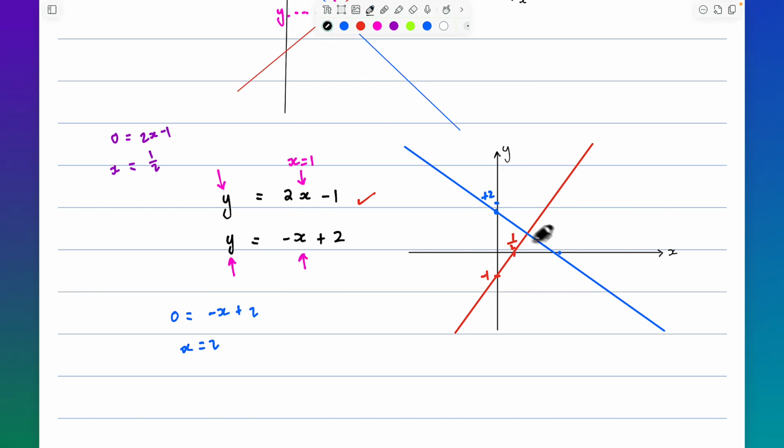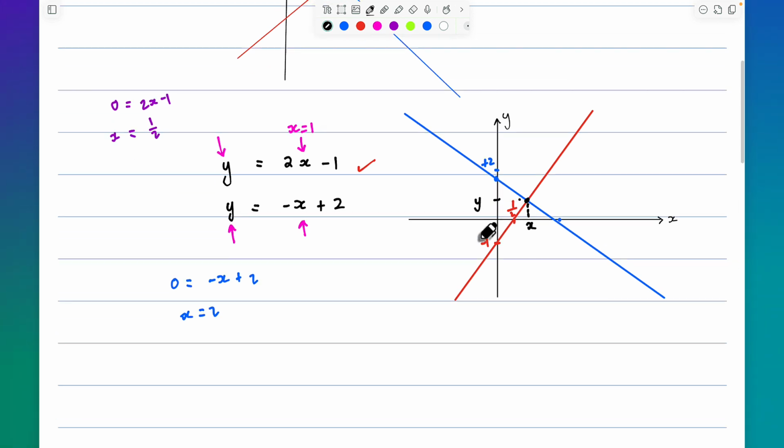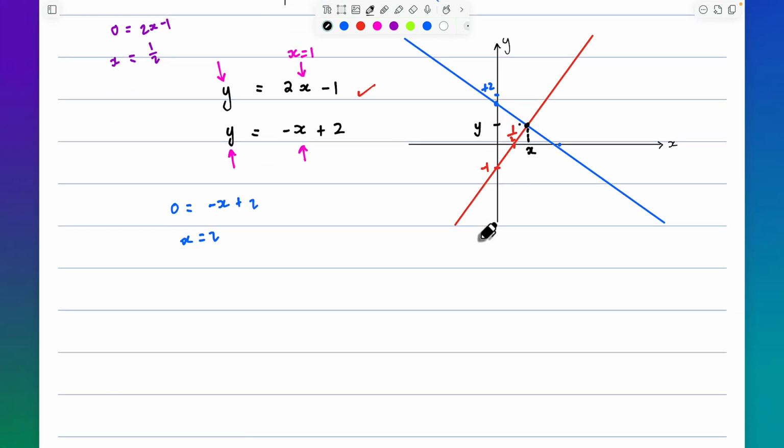So this is our point of intersection. We're saying, okay, at this point, what is the x value and what is the y value at the point where the two meet, right? You don't really need to understand what it looks like on the graph, right? We're just doing this to explain and to see if our answer makes sense. But all you need to know is, okay,